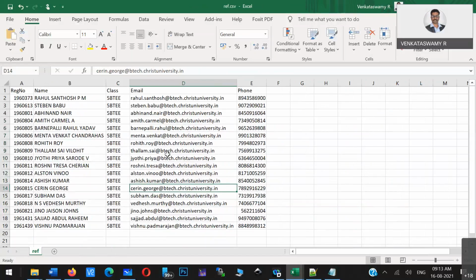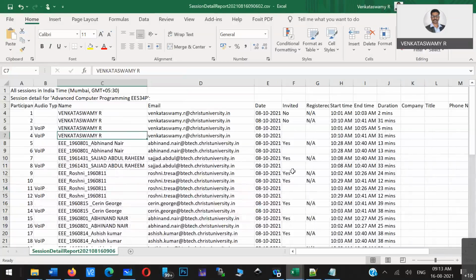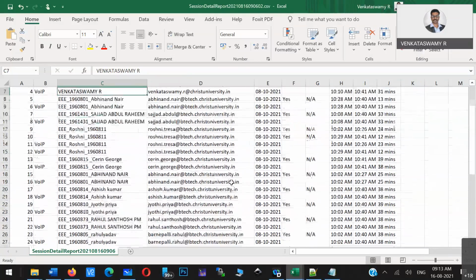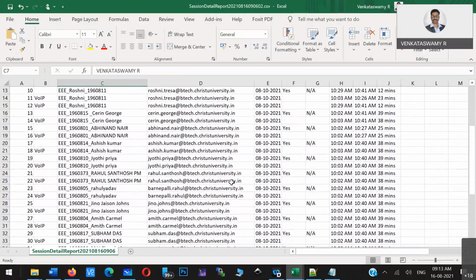Whoever attended, we can take that one, and the remaining ones are basically absentees. If that email ID is not present, then it is an absentee. That is the logic we'll use.